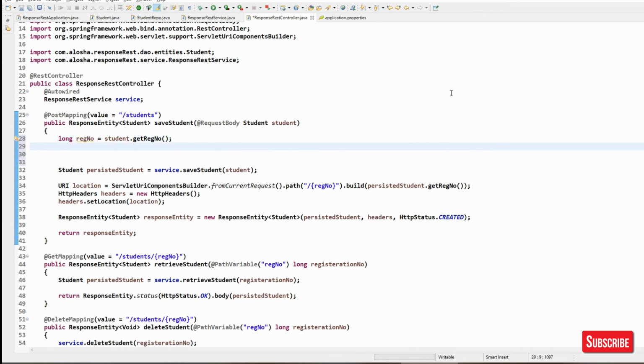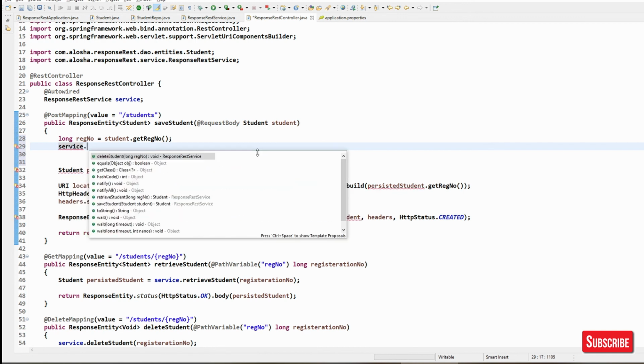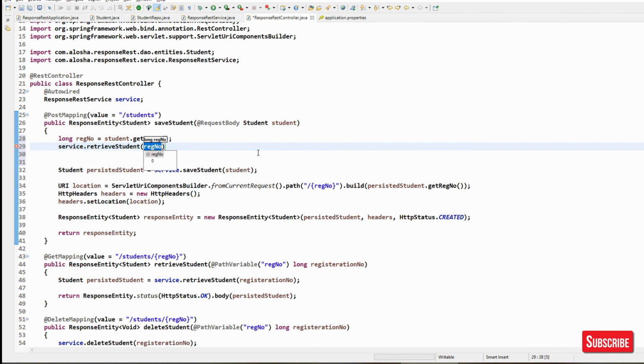Now by using this registration number, we will make a call to get a student. Service dot retrieve. Okay, so here we will go with student persisted student is equal to,